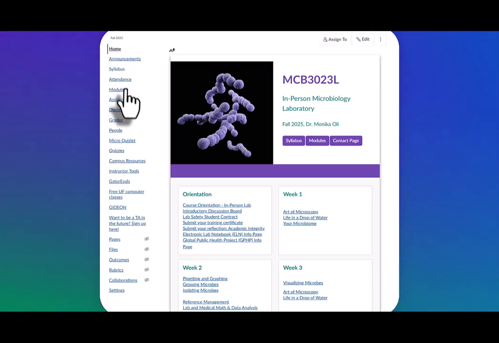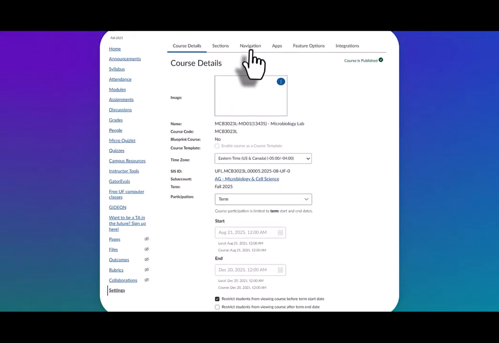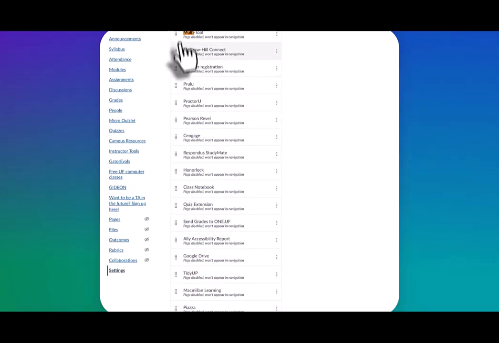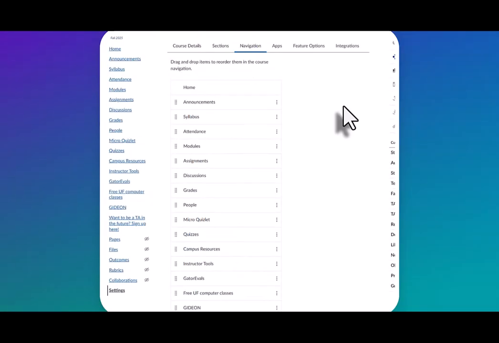So if you don't see it here on the left hand side in the navigation bar, you go to settings and you go to navigation and then search for multi. Control F, multi, and then we scroll down and you see that the multi-tool is down here in the inactive section. So up here you have your active parts, and if you scroll down